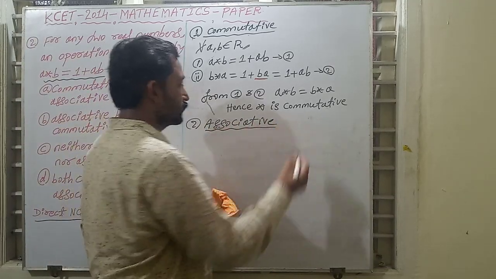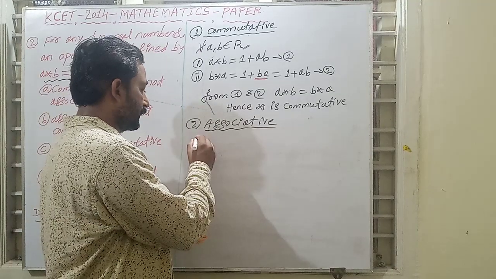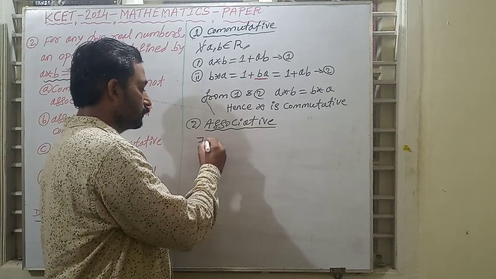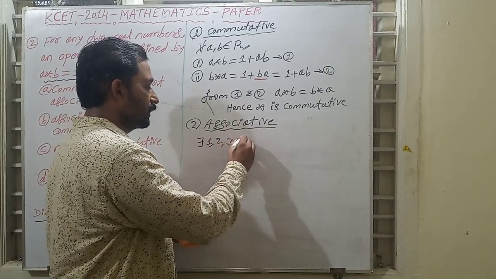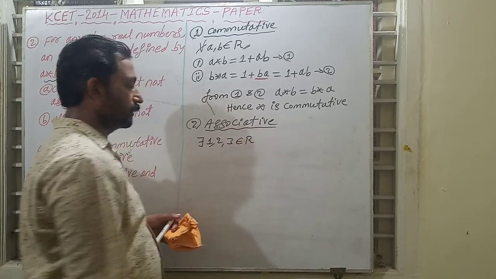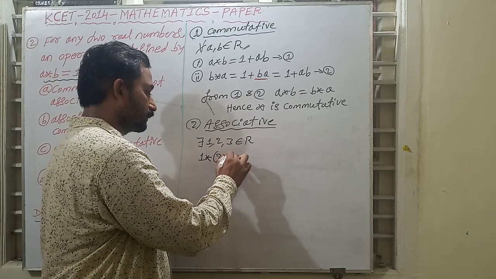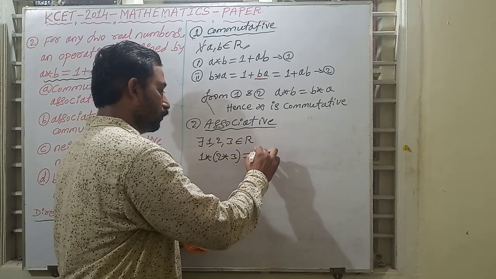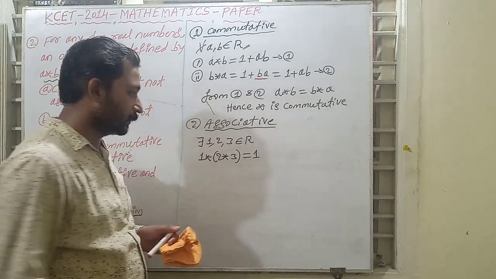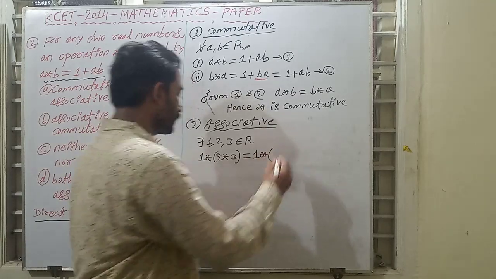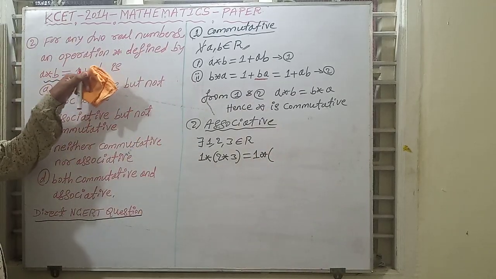So it is not associative. Let us take one example. There exist 1, 2, 3 belonging to the real numbers. So 1 star of 2 star 3 equals, first simplify 2 star 3. Using a star b is equal to 1 plus ab,